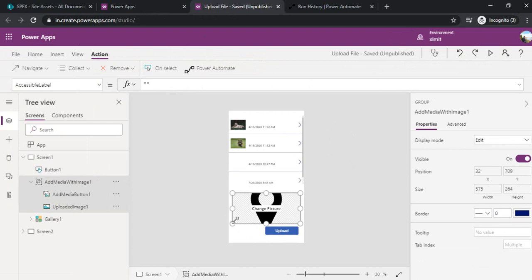That was the requirement, and lastly the Power Automate flow which I created was reading this file and using an inbuilt template of upload file to SharePoint. This time I'll use the same template, but I'll tweak it a bit so that the files do not get corrupted and the image file is visible in the SharePoint library. So let me start running this app first of all.